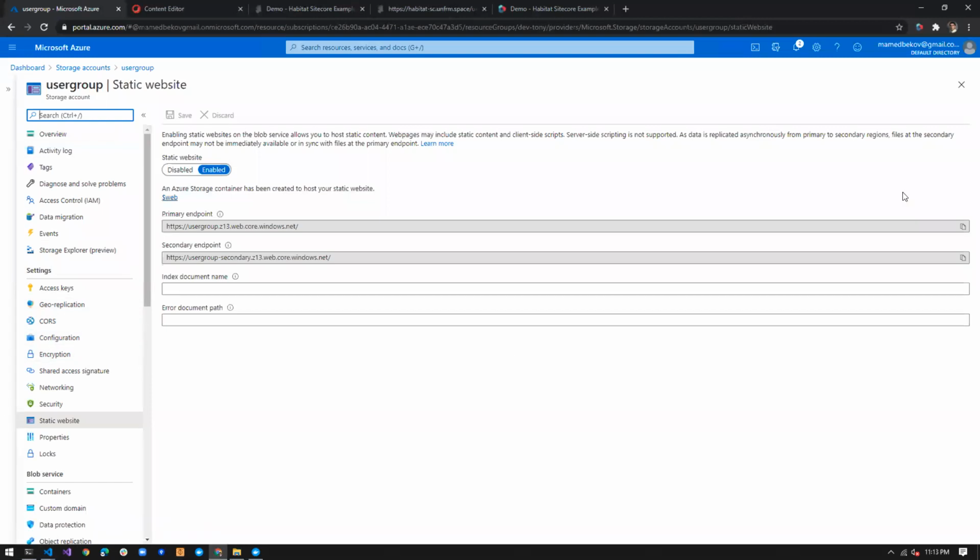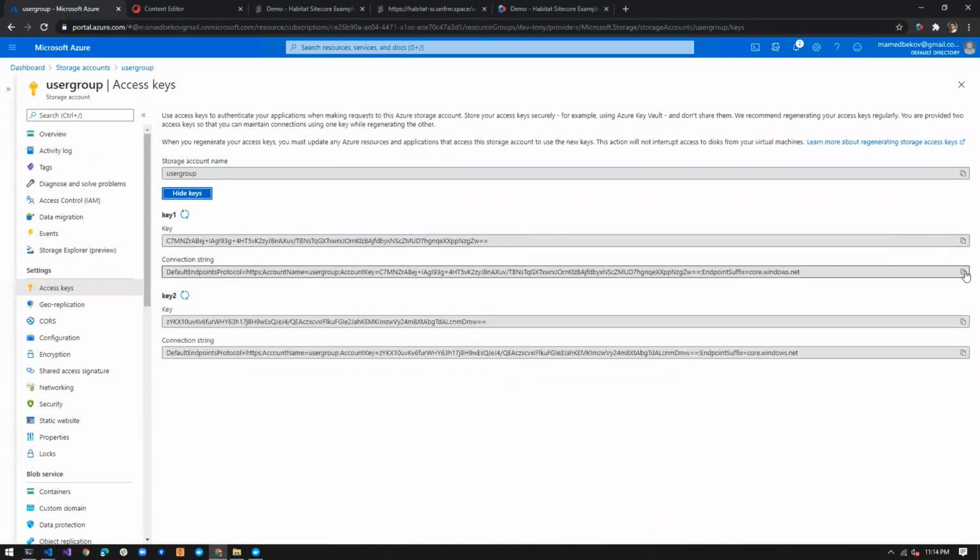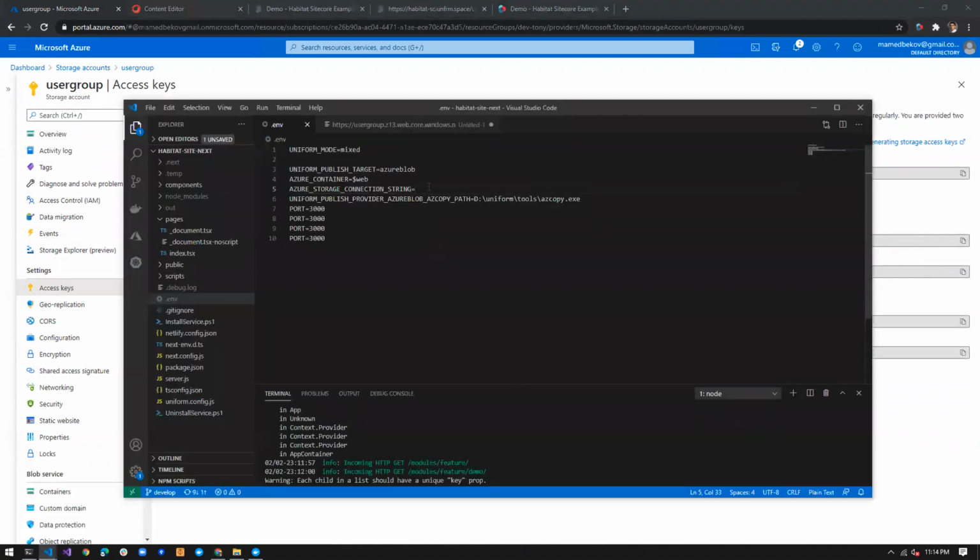our access keys, right? Because we're going to be deploying from my local instance, I need some kind of connection string, right? So I'm going to click on show keys, and I'm going to grab the connection string, grab this long string, and paste it in here. And as you can see, we have everything in our starter kit. We have everything pre-built, and